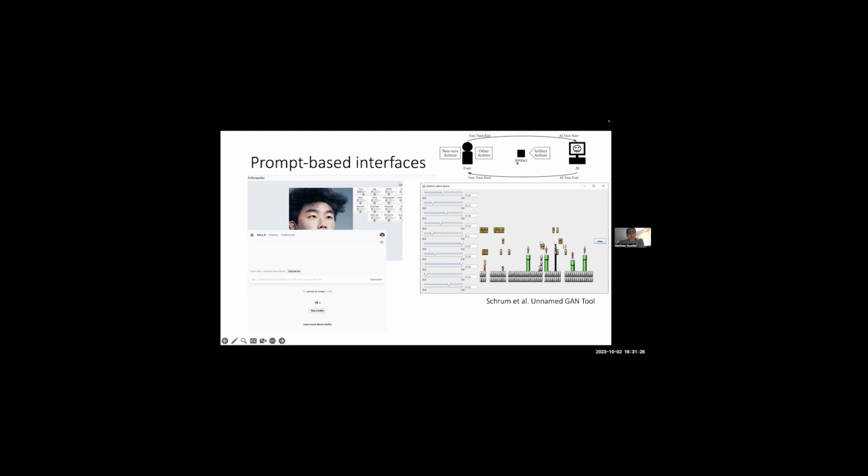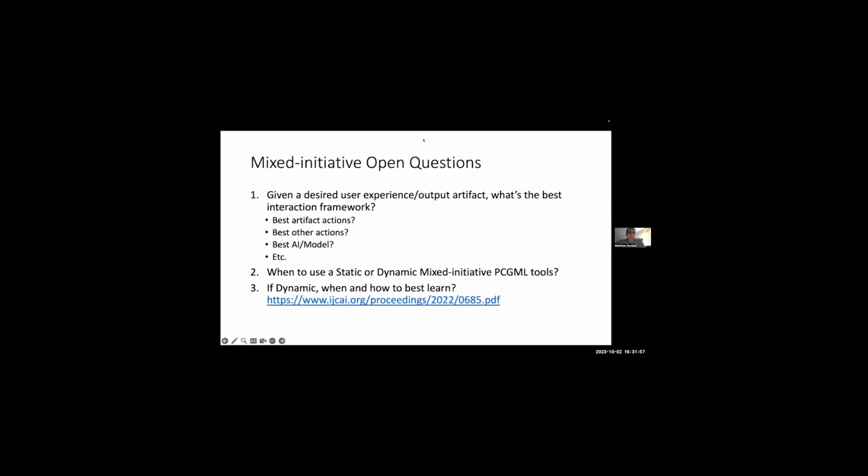So it's actually a fairly simple and basic interaction framework. There's one other action, there's one artifact action, there's nothing else besides that. But part of that simplicity is part of why it's so successful, or so popular, because it's a relatively easy framework to set up. If they were doing something where this AI had to live adapt to you, it'd be a lot harder to create a tool from it. Anyway, as I said, modern interfaces like this are all static, they're not learning live.